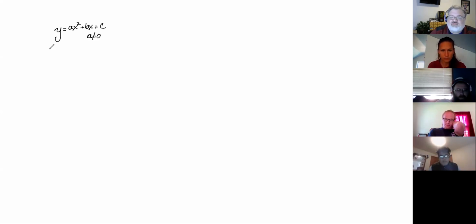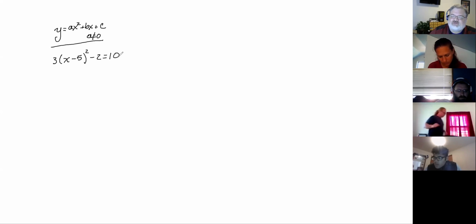And one of the things we want to work on, want to kind of remind ourselves how to do, is solve quadratics. So let's, we already solved one, the x squared equals 9. But let's jump into something a little bit more complicated. Oh, I'm even going to put a 3 there. Minus 2 equals 10. Got all kinds of fun.